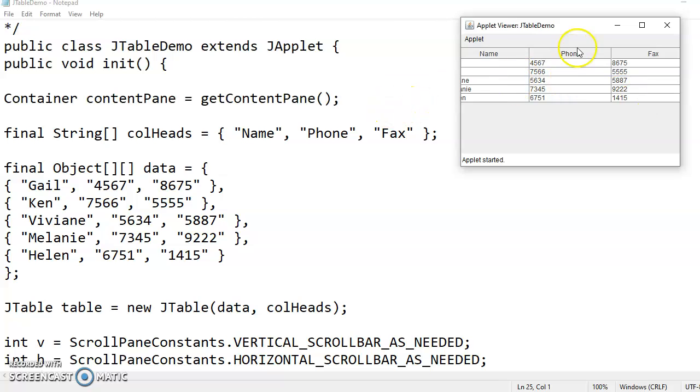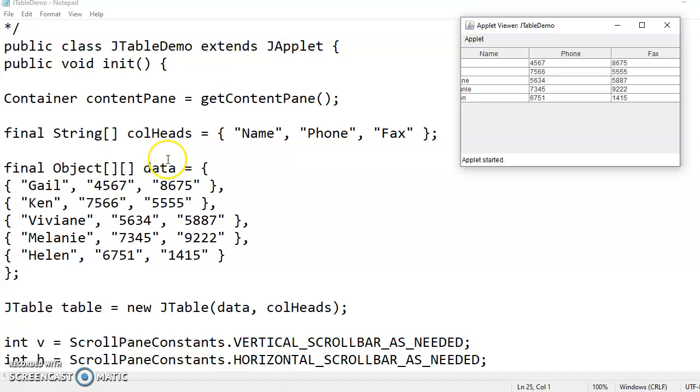Previously, the column headings were all strings, all characters, but the data is a mix of types. So instead of creating any particular type of array, we are generalizing it with an Object array. But this array is two-dimensional, because we want to enter the data for each row. We don't just enter the column heading, which is a single row, but the data is of multiple rows, so it is two-dimensional.